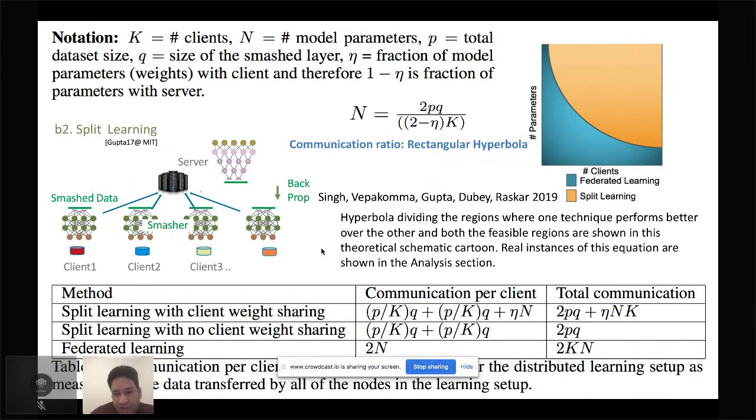And the big picture here is, in setups where we have a very large number of clients and the model that you're using is very large, and especially if the data being shared per client is low, that's when we see that split learning is way more communication efficient than federated. And the other way around, federated would be more efficient, depending on how extreme a case you are going into with respect to split. But for compute and memory, split is always more efficient.